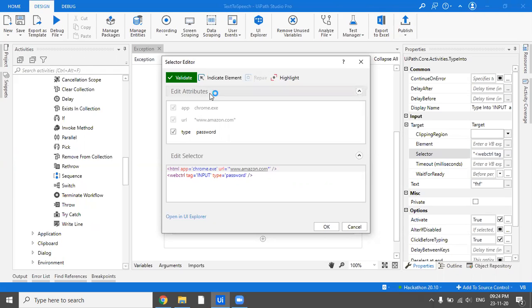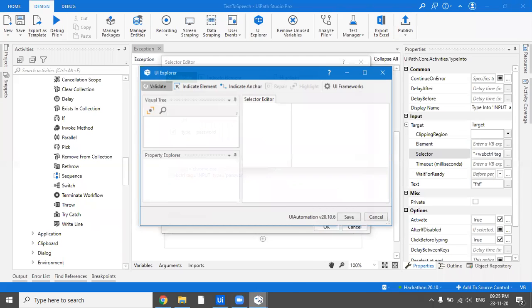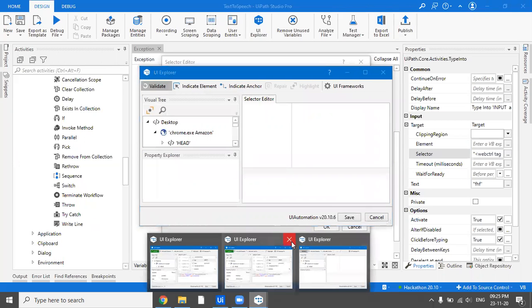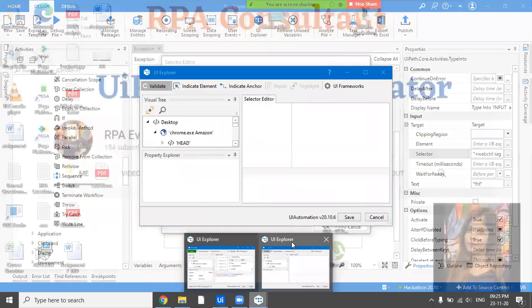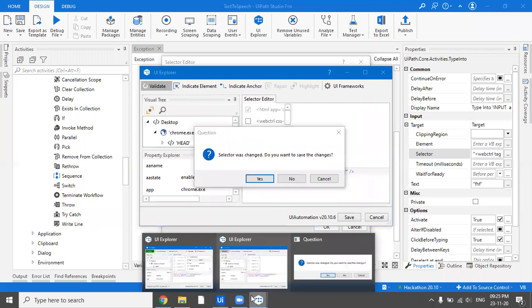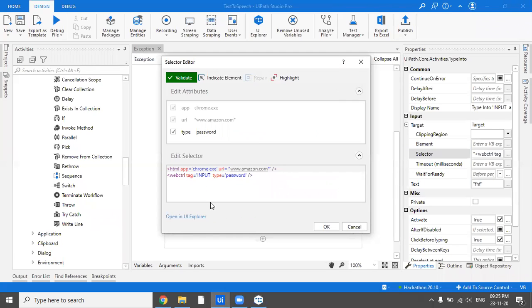We thought that it would throw an error because the password field won't appear, but the problem is that this selector, the password selector, is even getting validated on the first login screen as well. So that's why this error.